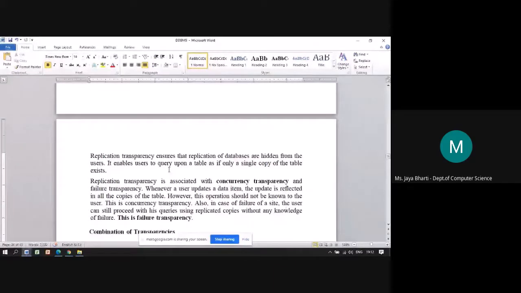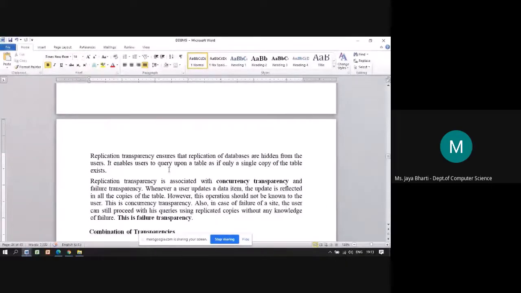And the failure transparency is basically if one node fails, or one copy fails, or the network fails, still the request from the user should be processed by the other node. That is called the failure transparency. But regarding this failure, the user should not be aware of it.